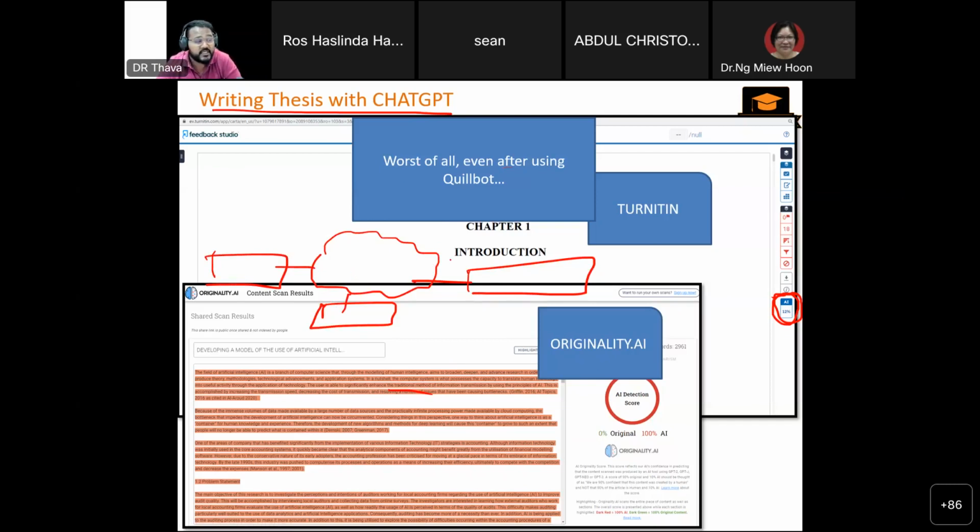This brain is OpenAI, and most of them are using the OpenAI brain. So this is the brain, and these are all the agents. ChatGPT is one agent, Quillbot is one agent, Originality.ai is one agent, but they all go back to the same brain, most likely.